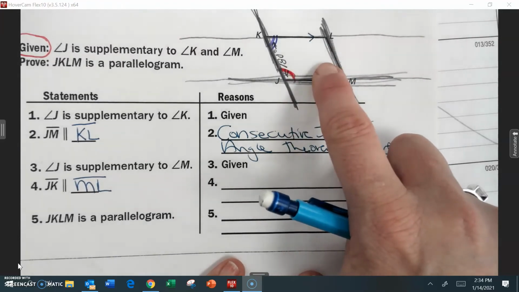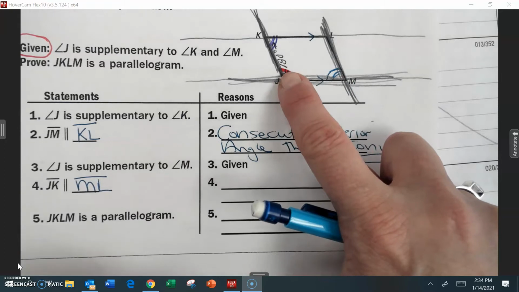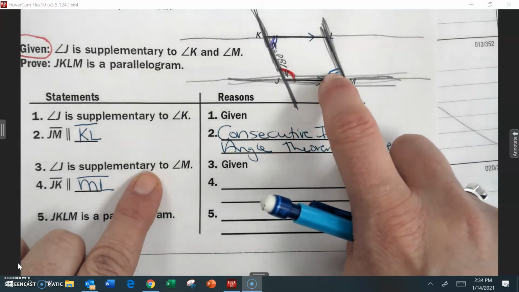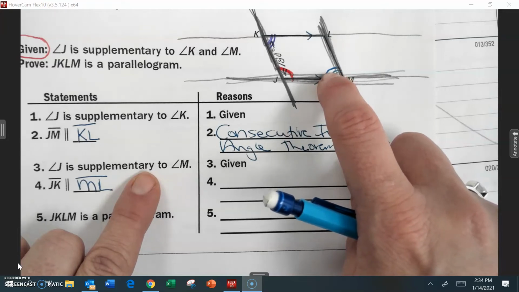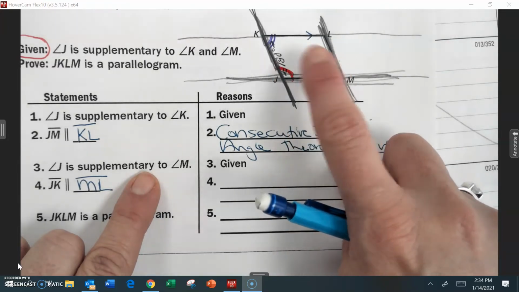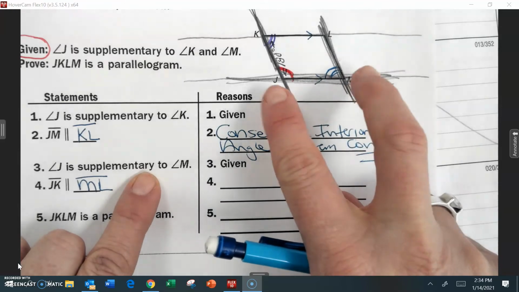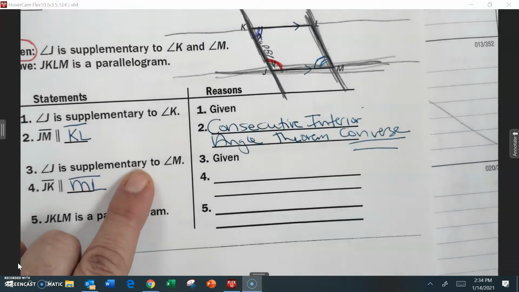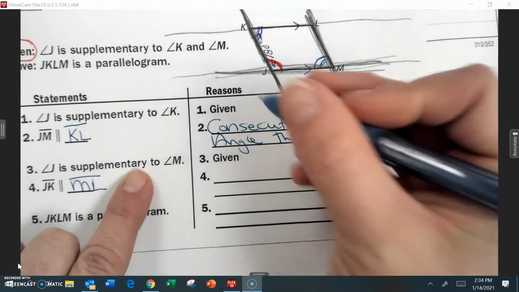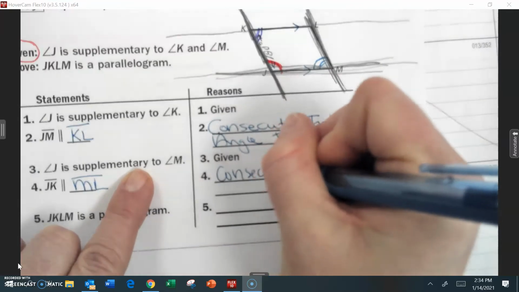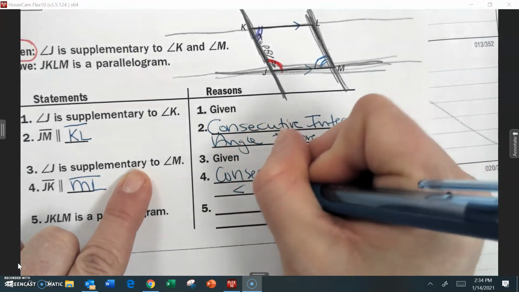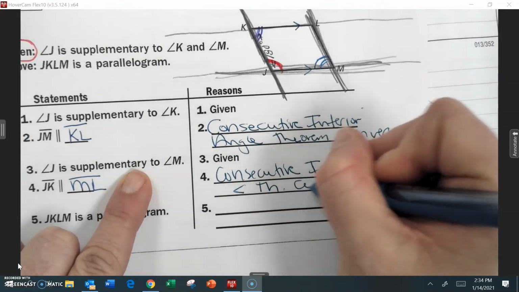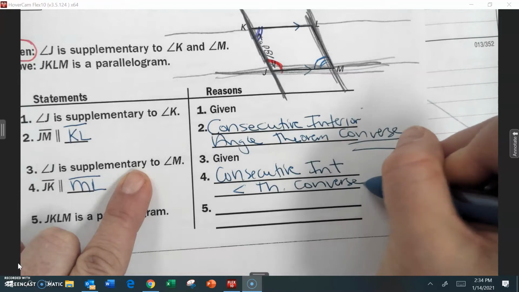And not only are they consecutive interior, they told us that they add to 180. Therefore, our theorem converse states that if you have two consecutive interior angles that are supplementary, then the lines that form them are parallel. So this is also the consecutive, I'm going to abbreviate now, interior angle theorem converse,